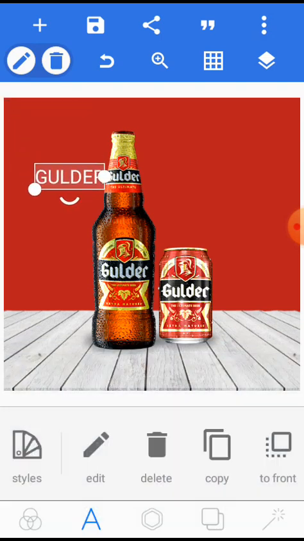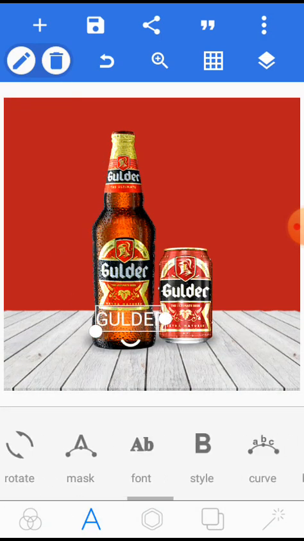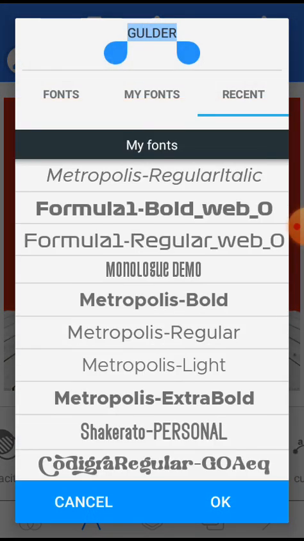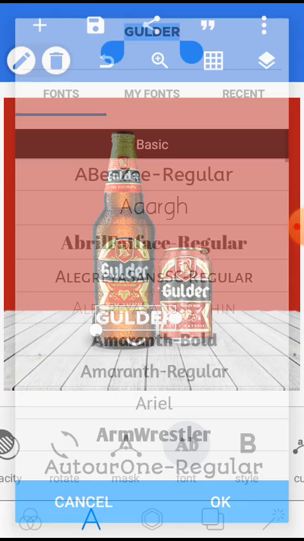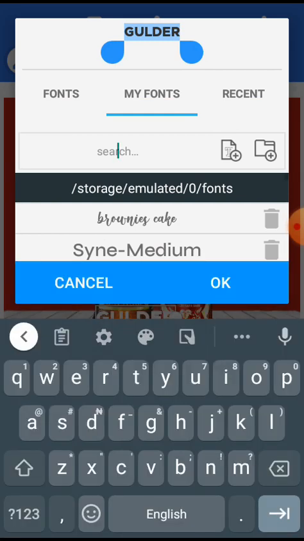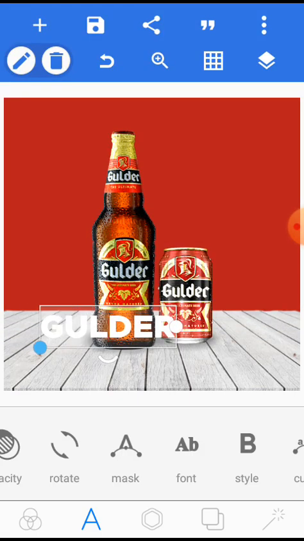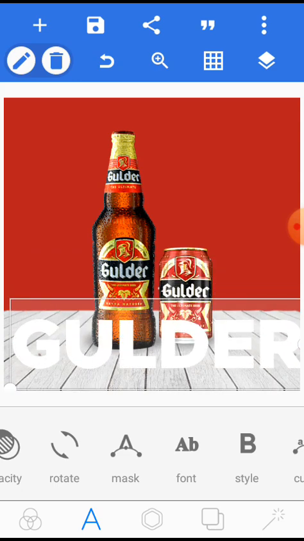Now just watch what I want to do now. Then I'll change the fonts to Metropolis extra bold. Let's use Metropolis black. Metropolis black, that's what I want. So I'll increase the size,